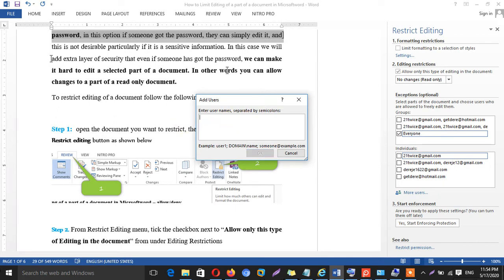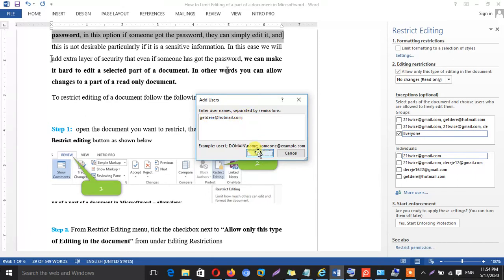Or you can also add email address. Let me add email address, for example. When you want to add multiple entries here, you have to separate it using semicolon, otherwise it treats them as one.